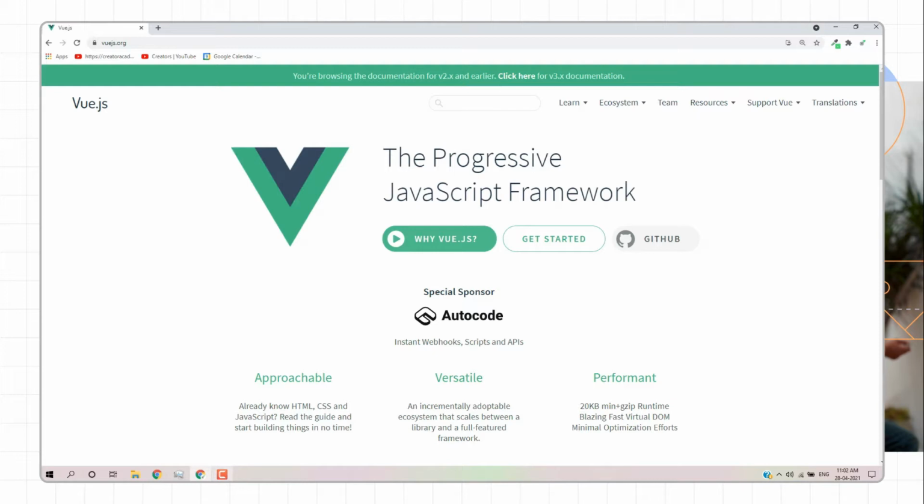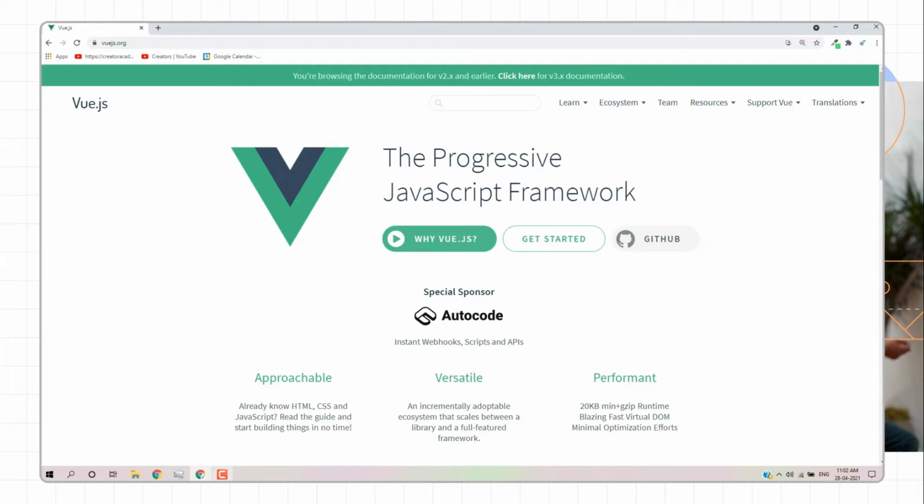Vue.js is a lightweight progressive framework. The size of this particular library, the Vue.js framework, is very low. And why Vue.js? Because it's approachable: if you have basic knowledge of HTML, CSS and JavaScript, you can easily start working on Vue.js.